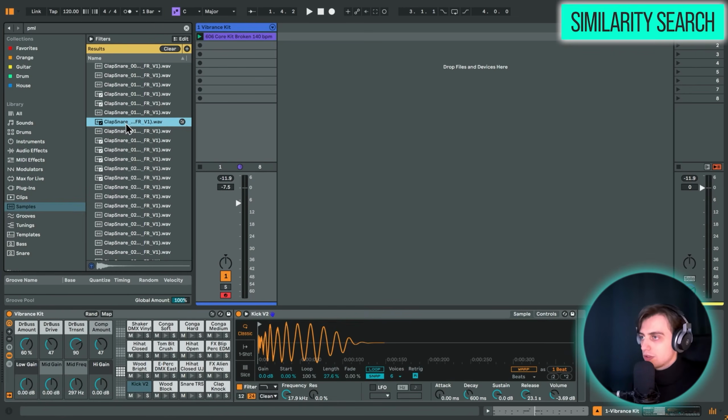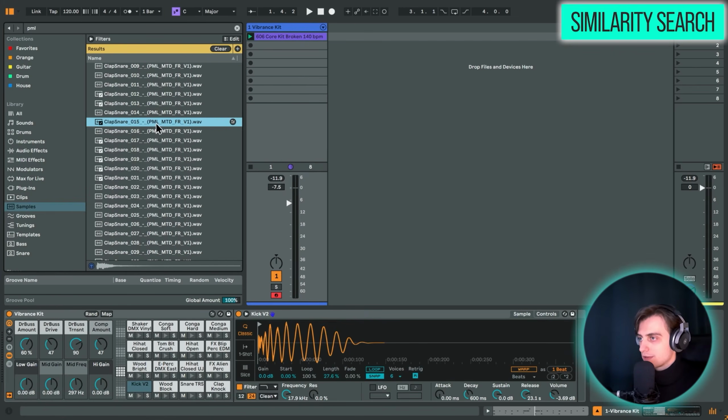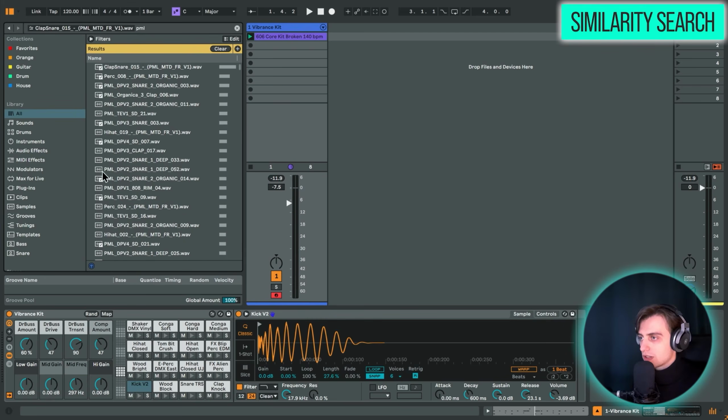Another way we could use this is, for example, if we have this sample over here, we can just click over here and we get similar sounds. And this way you can choose some nice variations as well, only that you need to just drag this sound over to the drum rack. But also a nice function of doing it in the browser is the Similarity Search rank. So the higher this bar over here, the more likely it is that the sounds are similar. Alright, so Similarity Search is an incredible workflow hack, and I really encourage you to check it out if you're